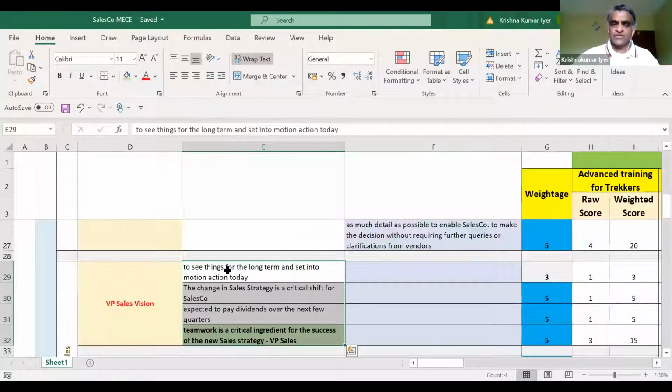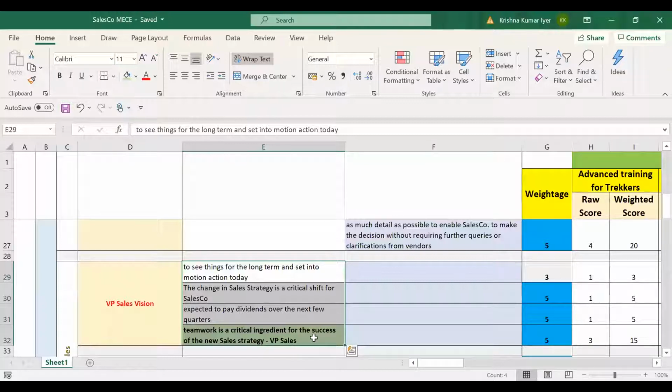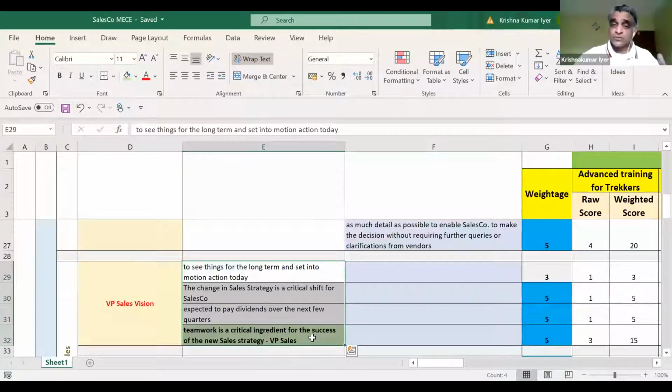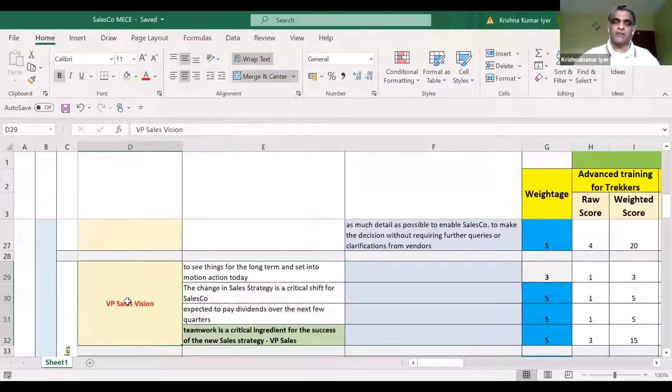Seeing things for the long term and setting into motion action today, the change in sales strategy is a critical shift for sales scope, expected to pay dividends over the next few quarters. Teamwork is a critical ingredient for the success of the new sales strategy. These are all issues listed in the RFP. And what we have done is grouped them under what we call the VP sales division.